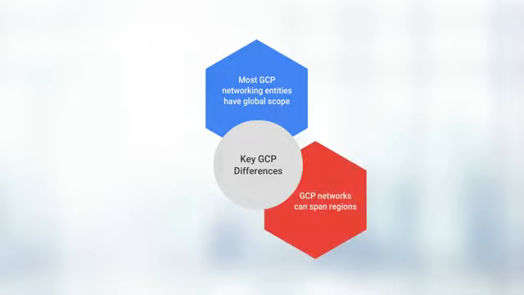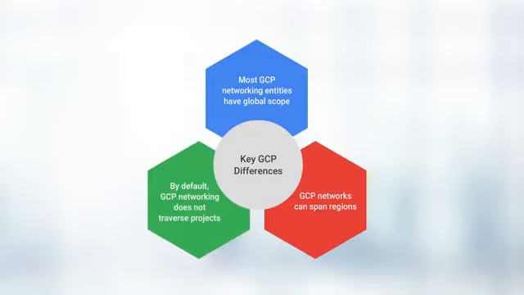In addition, GCP subnets are tools for administration and complete traffic separation rather than for traffic locality. Resources can be on the same GCP subnet, but in different regions or zones. And finally, GCP networks are a property of the projects in which they were created. For traffic to pass between networks associated with different projects, it must traverse the Internet, a VPN, or else the new GCP cross-project networking feature.